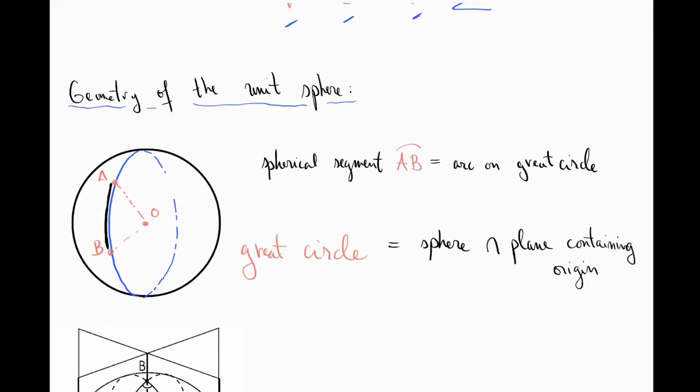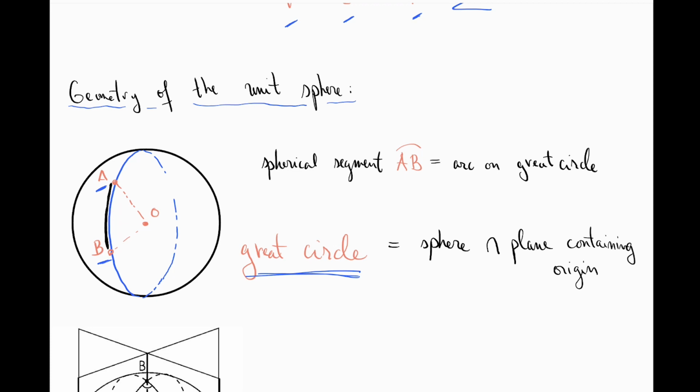All right, so let us take a unit sphere and let us take 2 points on it, right? So in this case, a point B and a point A. And really the question is, if I can only travel along the sphere, what are the shortest length segments, right? So what are spherical segments? What is the curve that covers the smallest amount of distance between 2 points? And then you quickly realize that the shortest length curve is nothing but the great circle that connects the 2 points A and B. So how do you